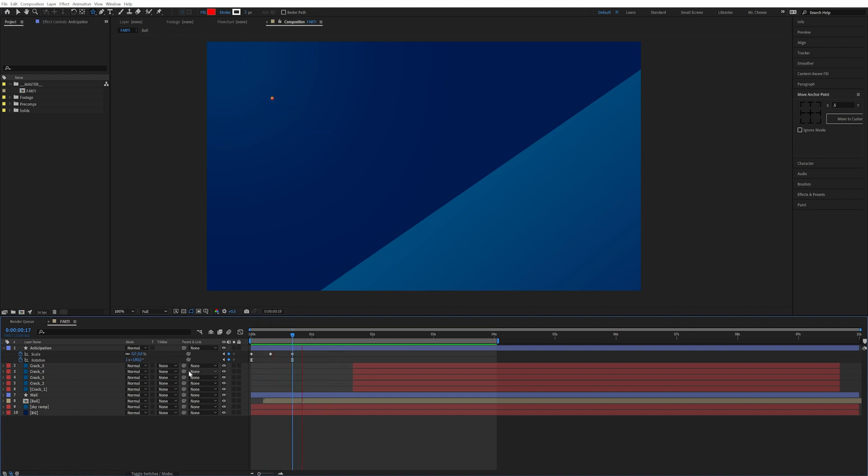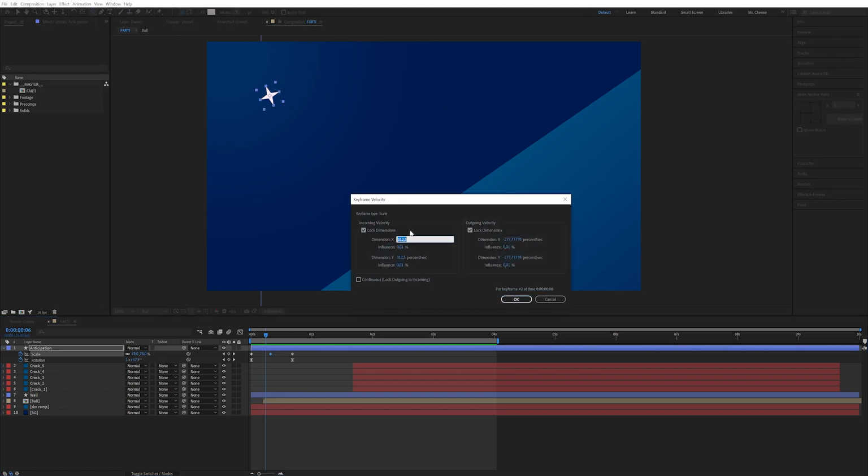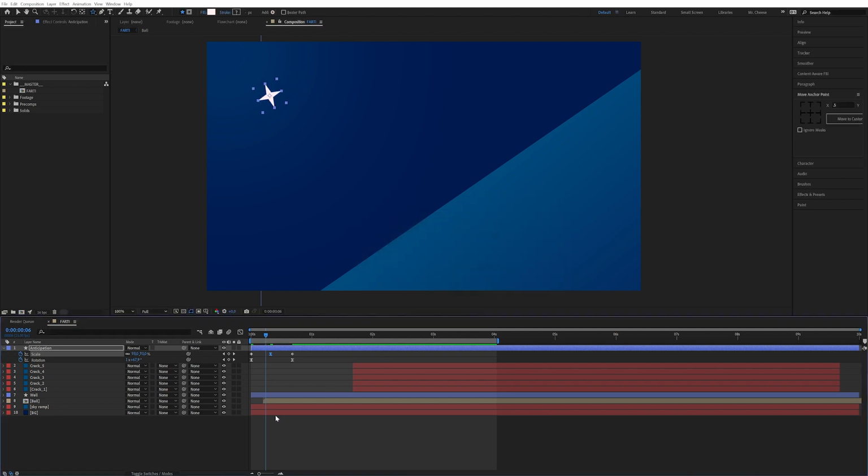And we can do the exact same thing with the scale. So in the middle one, we can say 0, 50, 0 and 50 in velocity and influence. Dimension X is basically speed, but it changes for scale. So we see like we have this nice little shine before it comes down to the sky. Maybe it's a little bit too large. We can actually decrease the size to like 60. So we get these nice little bling,